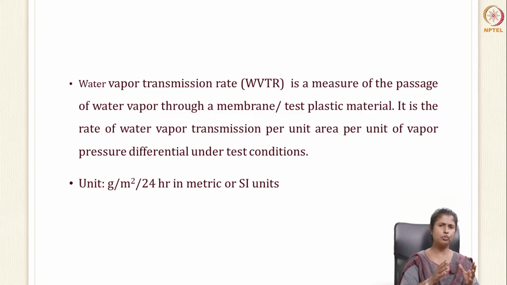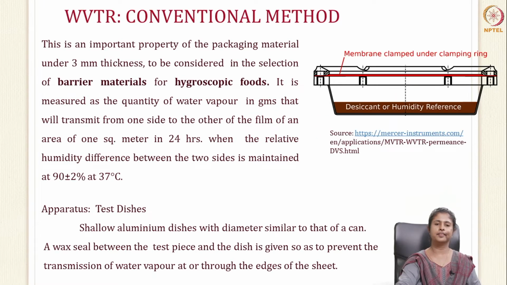So you will see how much of the water vapor is actually passing through your test material. If you want a test material which has good barrier properties, the water vapor transmission rate should be less. Now, coming to the conventional method. This is an important property of packaging material under 3 mm thickness. It's important to do this test in order to select barrier packaging material for hygroscopic foods or foods that are very sensitive to water. So these foods have to be packed in a material which is a good barrier or has less